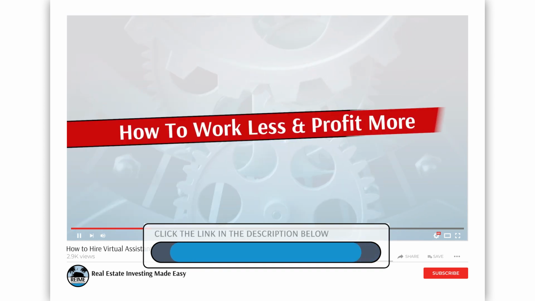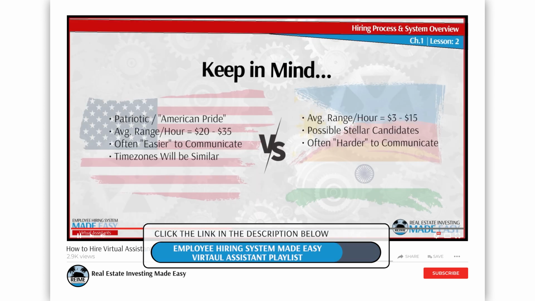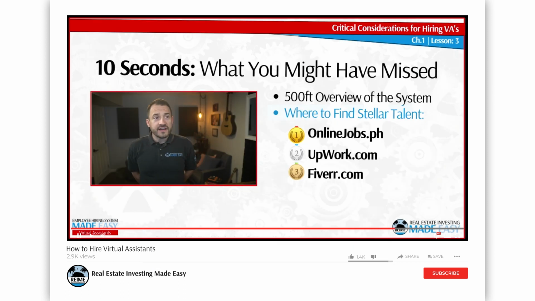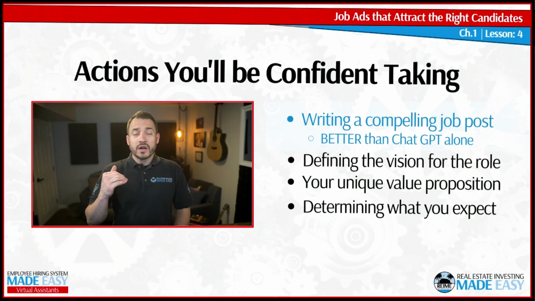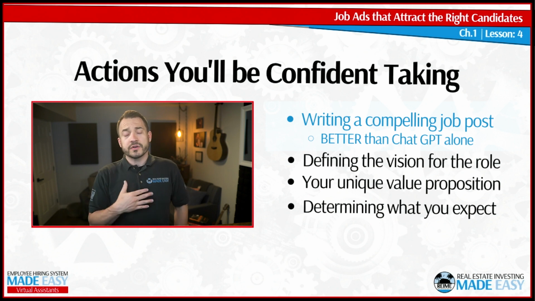And it starts with all of the other training we've had before in this series. I encourage you to go watch that. And if you're watching this and haven't seen it, then you can see those linked in the description below. But part of the process here is creating job ads that actually attract the right candidates. Now, as far as writing a compelling job post, we're going to take you into a live active job post of ours. We're going to go step by step, bullet point by bullet point. That is also in this training, and address the thing that makes that job post so killer and attracts these candidates that win for the role that we'll show you.